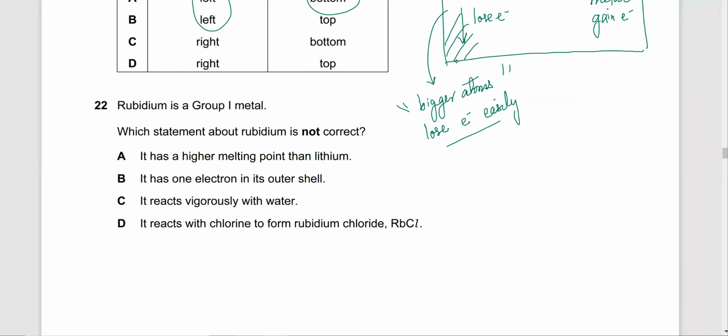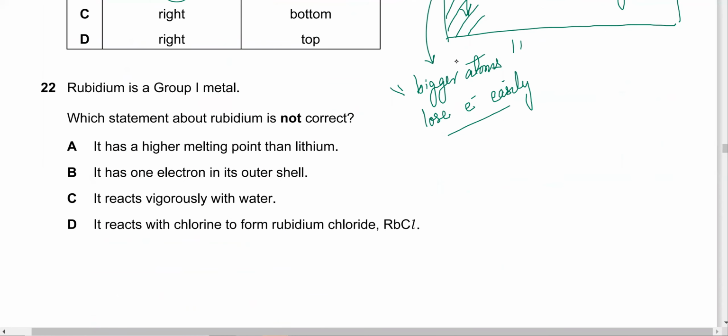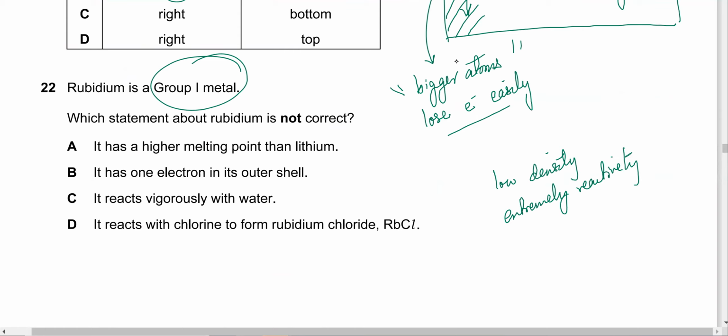Yes. So next one, rubidium is a group 1 metal, which statement about rubidium is not correct. Group 1 metals का सारा discuss कर लेते हैं कि they are low density, they are extremely reactive, और क्या properties थी? Soft होते हैं, they can be cut with a knife, and they have relatively low melting and boiling points, 100 से कम होते हैं. So low melting points, less than 100,